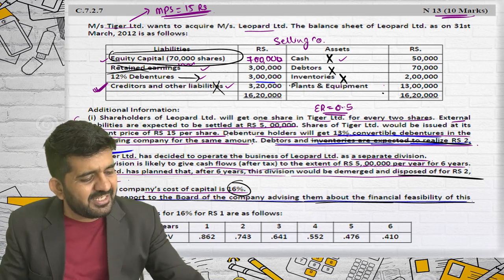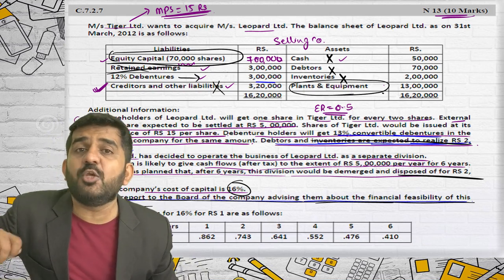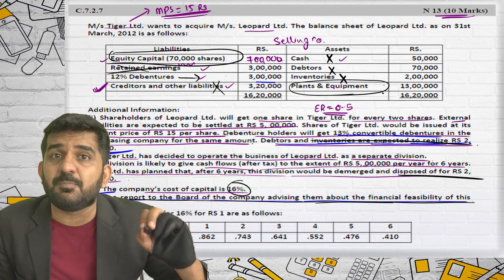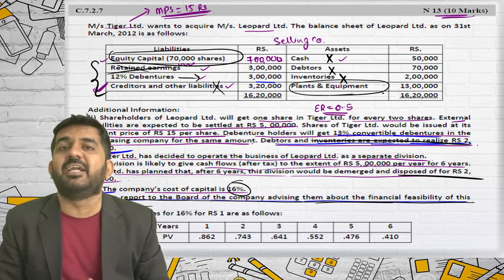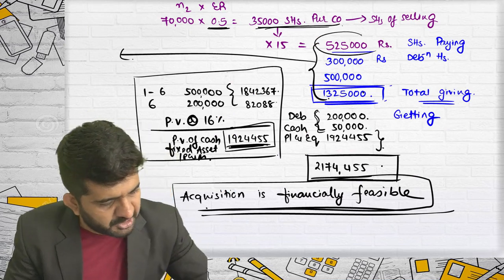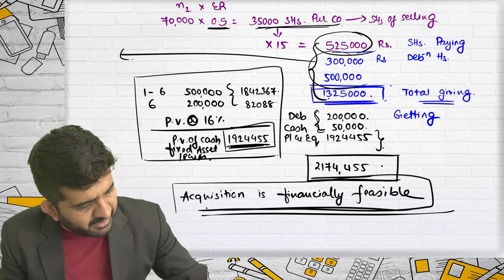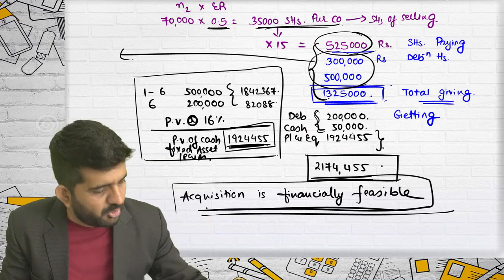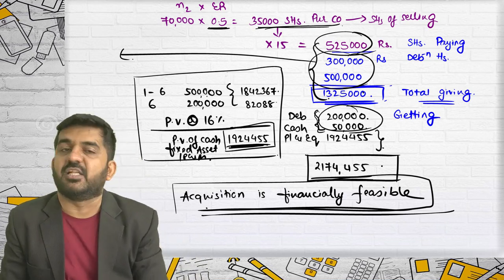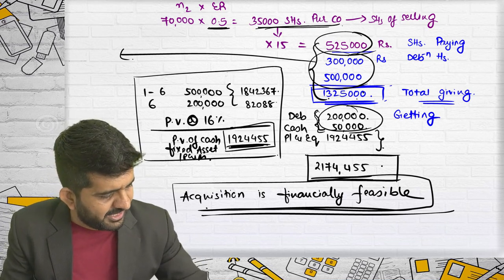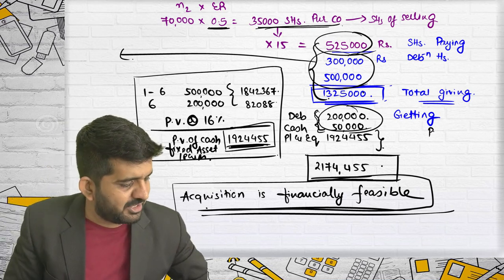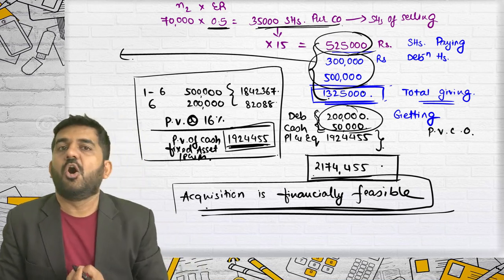So what you are practically purchasing is plant and equipment. So where you are interested is in plant and equipment. For purchasing this plant and equipment, you will have to purchase liabilities also. Is it all right? So, how much will you be giving to shareholders? This much. How much will you be giving to liabilities? This much. But because of your full purchase of the company, you will also be getting some of the assets. Which assets are you getting? This. So this 13,25,000 minus 2,50,000 will become my payment. That is the present value of cash outflow.